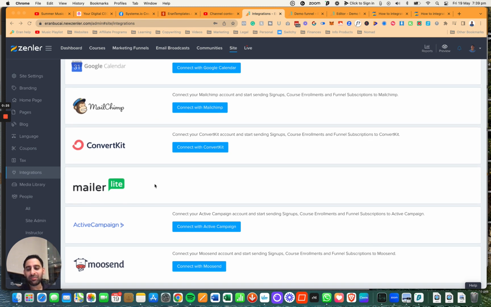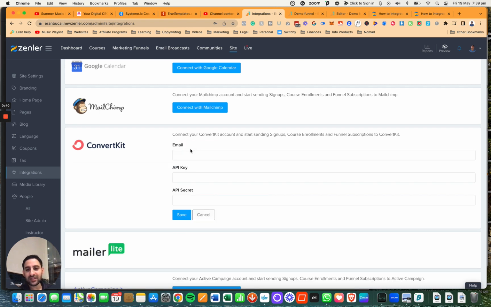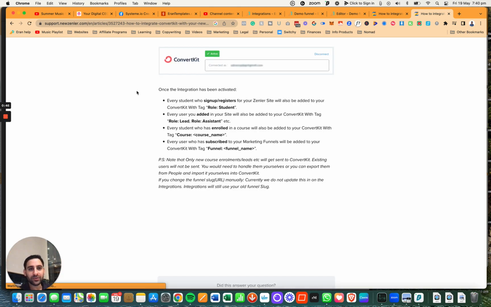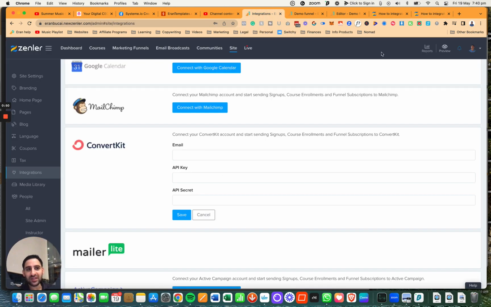You would see that I've personally integrated MailerLite just for the sake of demonstration. I do not actually use this software for myself, but I just wanted to show you how it would look once it's integrated. Now, obviously, if you want to integrate it, you would just click on Connect, add the different information, and so on. If you were to search for the support documents, and I will link them all below this video, so you will see the exact support document for each one of these,